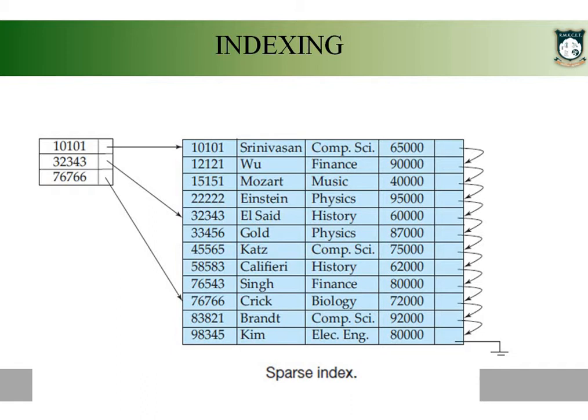Now how to address this? You can address this by creating another index file for your index file. What I am trying to tell is, I have my instructor table, and for this instructor table I have an index file. Now I have inserted more instructor details in my table, so the size of the index file will also increase. At a particular stage its size will be maximum. At that time, for this index file itself I can create another index file. This concept is called multi-level indexing.